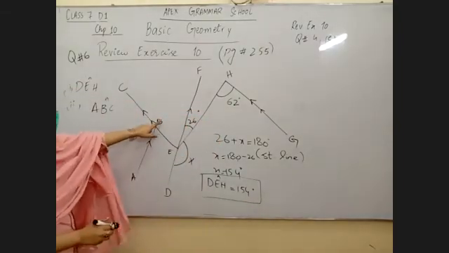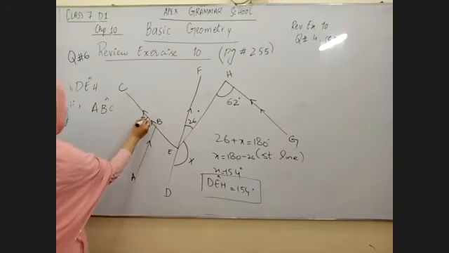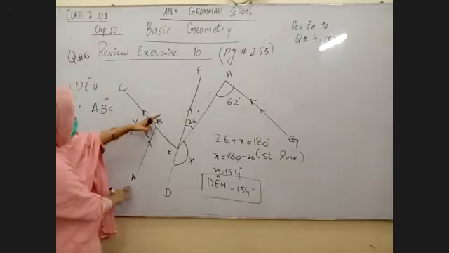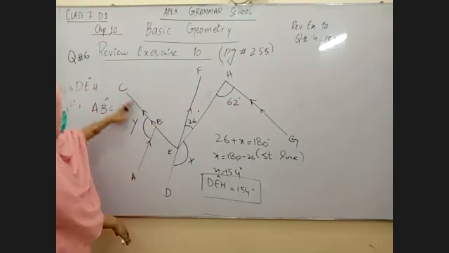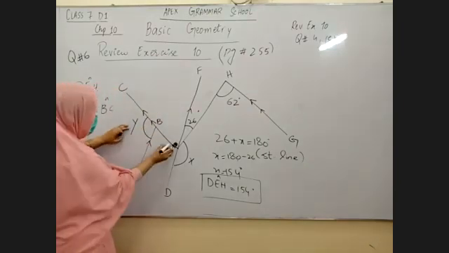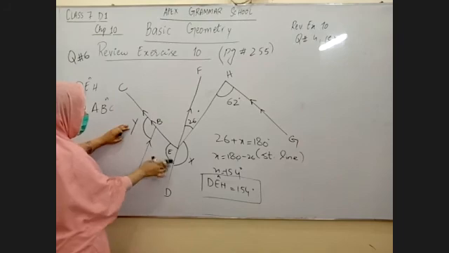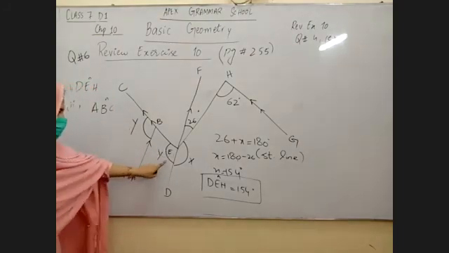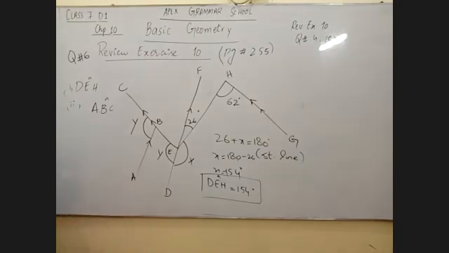Now you need to find ABC. You need to find this angle. I am going to name this as capital Y. You can use small y as well. You can see that AB is parallel to DF and this is a straight line. So these two angles will be corresponding, and corresponding angles are the same. If this angle is Y, this will also be Y. So I need to find out this angle Y.